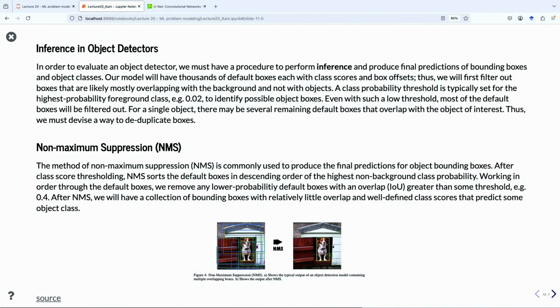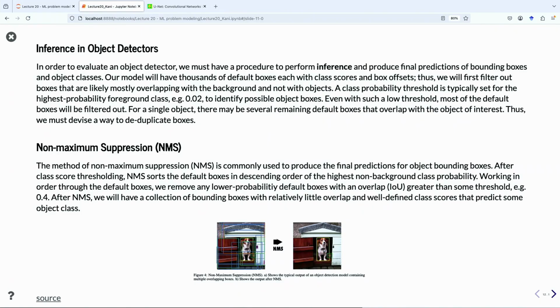But if we just take that one bounding box, what if two bounding boxes are overlapping? What if we have one bounding box that has a really high confidence score of like 0.9, and we have another bounding box that has a lower confidence score, like 0.5, but they're overlapping?